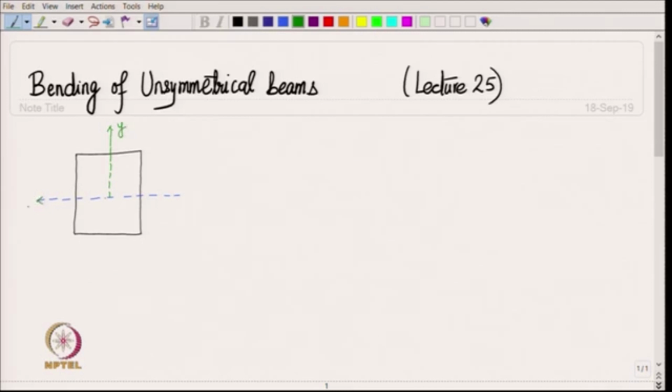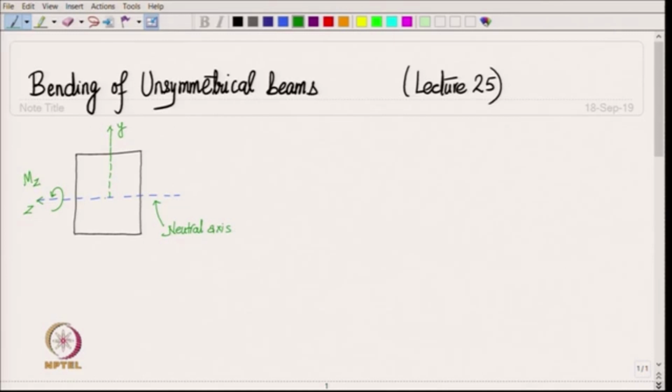So, this is the y axis, this is the z axis, and this is your neutral axis. And we were applying moment about the z axis. So, we had M z,